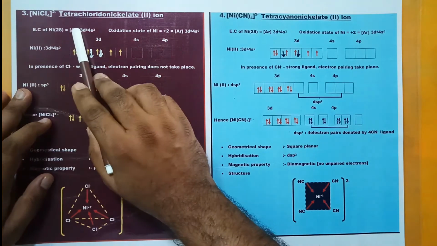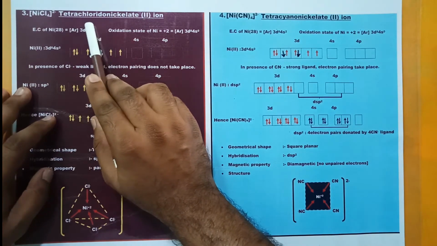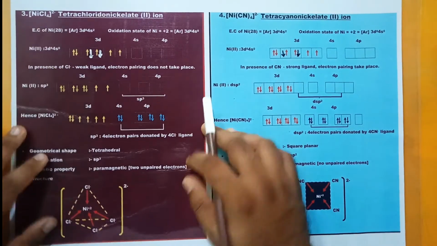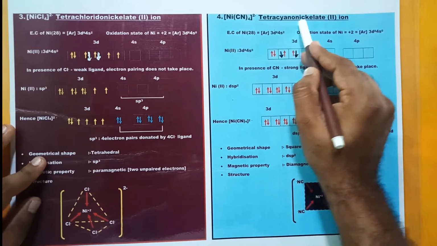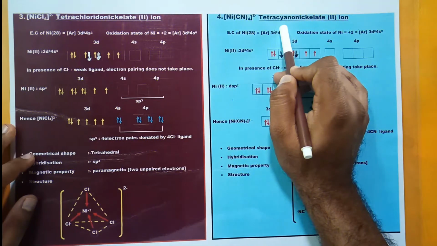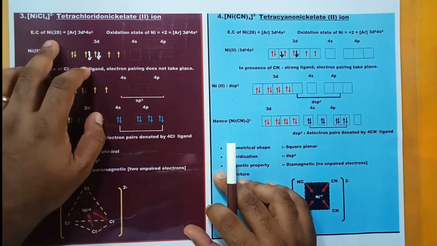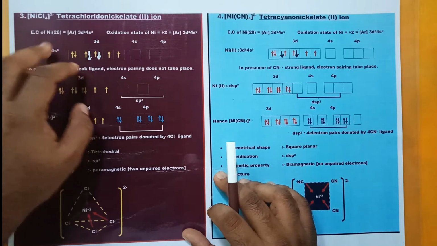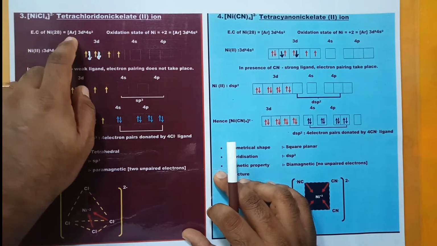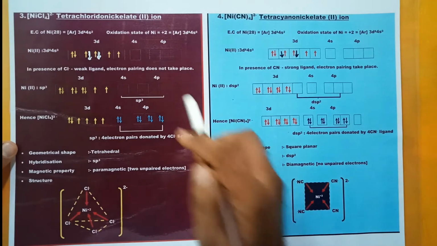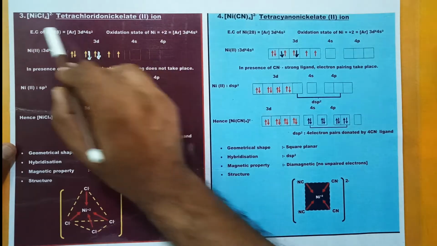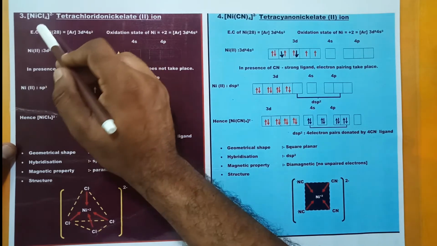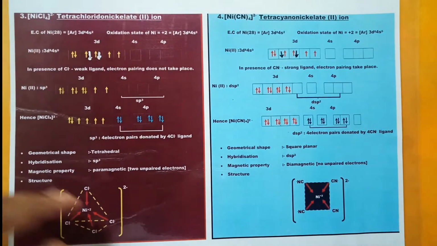Look here friends, the third one is tetrachloronickelate(II) ion. Why is it nickelate? It is an anionic complex. The fourth one is tetracyanonickelate(II) ion. Cyanide is a ligand. Look here friends, here the nickel is present in the +2 oxidation state. You know that the atomic number of nickel is 28, and the electronic configuration is Ar 3d8 4s0. The oxidation state of nickel is +2 because Cl is minus. There are 4 minus charges, and above the coordination sphere there is 2 minus. Just to balance that, I will show you.